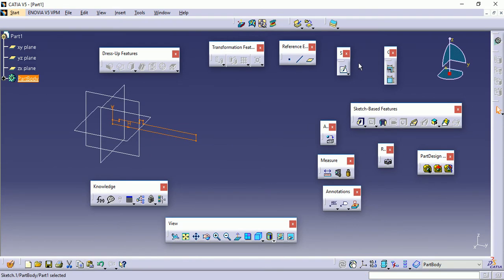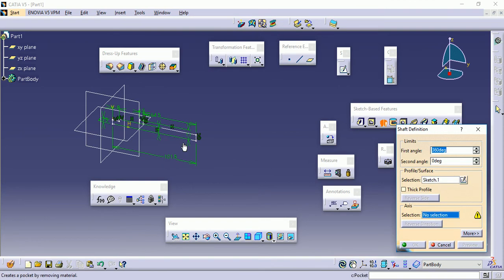So here we have to revolve it about the horizontal axis. So we will select this axis and okay.